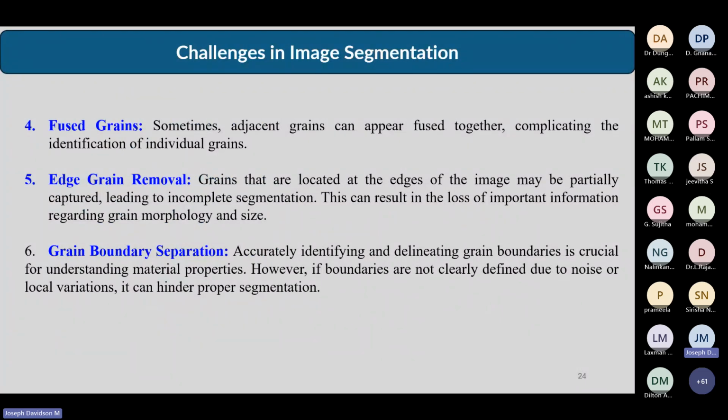For all these things there are a lot of algorithms, we'll see that later. And as far as the grains are concerned, the challenges are fused grains, edge grain removal, how to remove the edges, and how to separate the grain boundary. I have to exactly identify what is a grain boundary, otherwise I cannot measure its size and its number also, right?